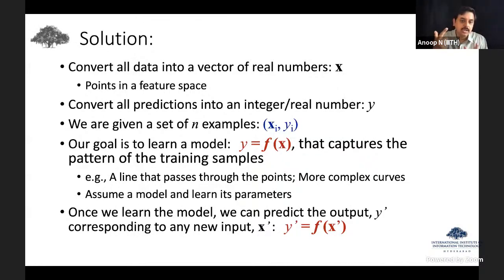See the connection between human learning and machine learning. You're given a set of examples in the class. You learn a concept in the class. You go sit in an exam. You're given new questions, which follow the same pattern as what was done in the class, but not exactly the same questions. And you will write the output y prime. And if I get most of the answers right in an exam,